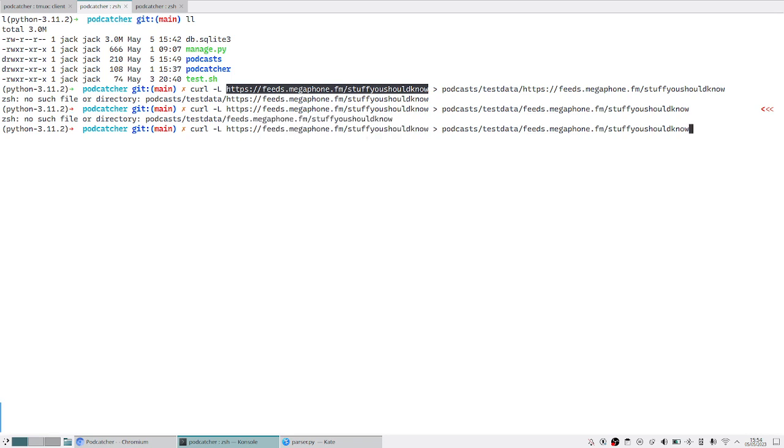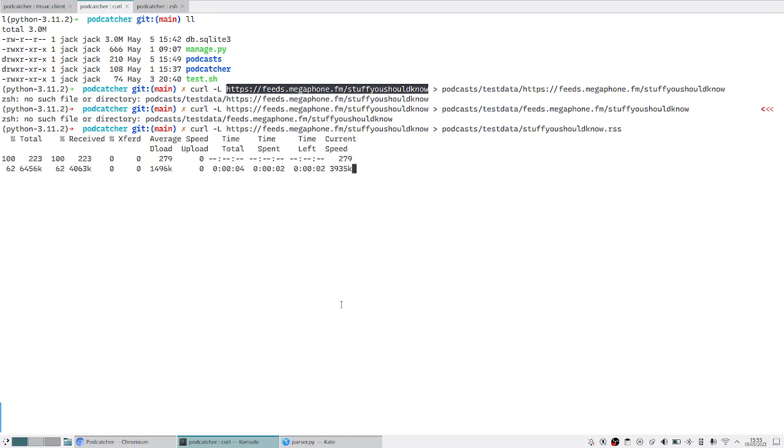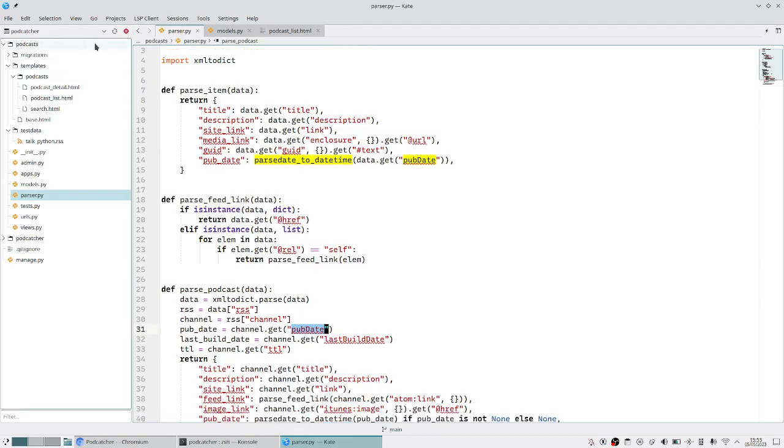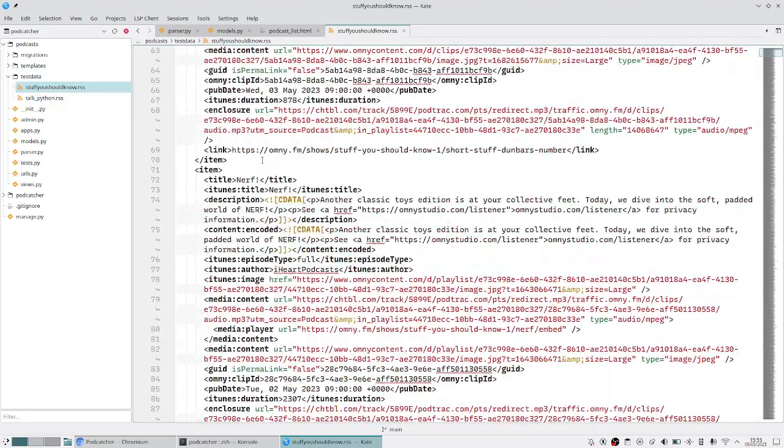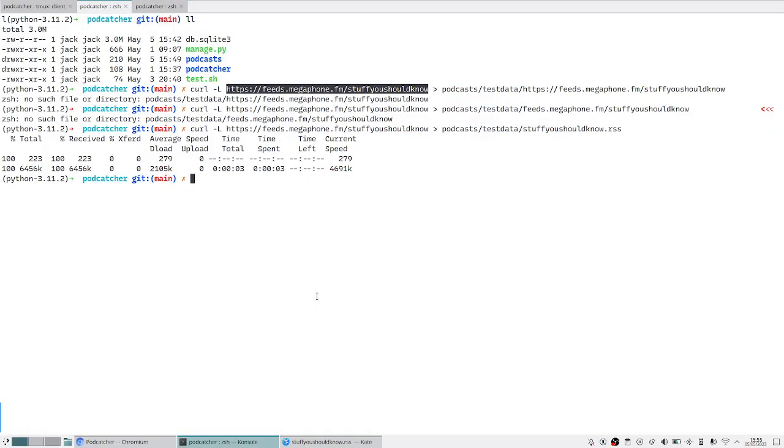No, this is a terrible idea. This is a terrible idea because it's got slashes in it. Yeah, let's just call it stuff you should know. It shouldn't really matter about the URL. RSS, and then do refresh test data. Alright, here we go. But this file is an absolute monstrosity,